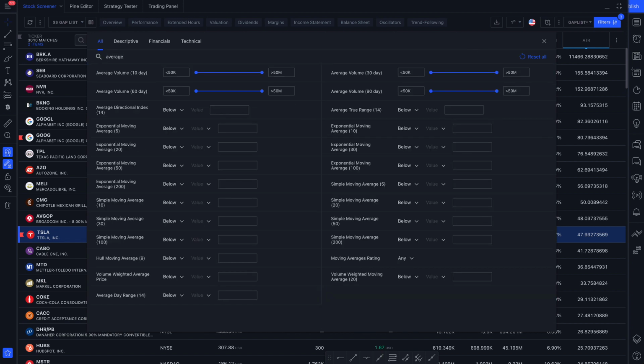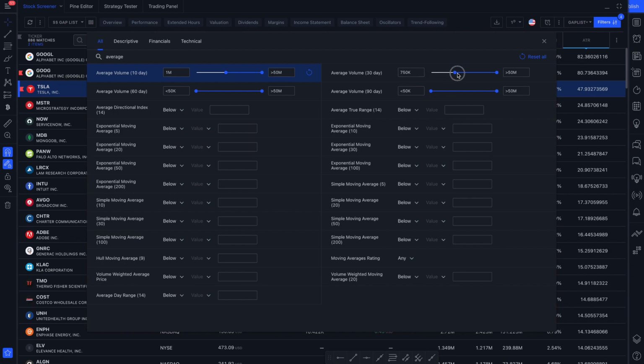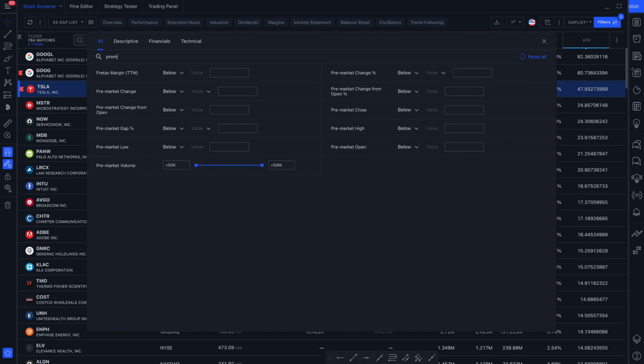The average daily volume filter for 10 and 30 days again removes those thinner stocks in order to avoid wider spreads during market hours. We will set a minimum of 1 million shares for both the 10-day and the 30-day average. Lastly, we want to see how much the stock has moved in the pre-market, and with how many shares